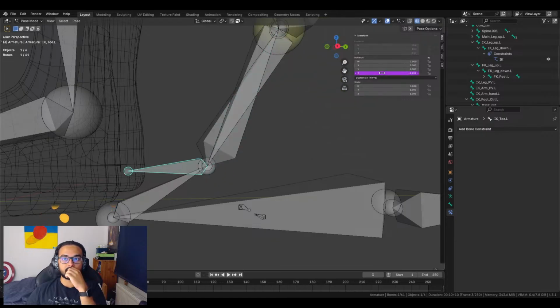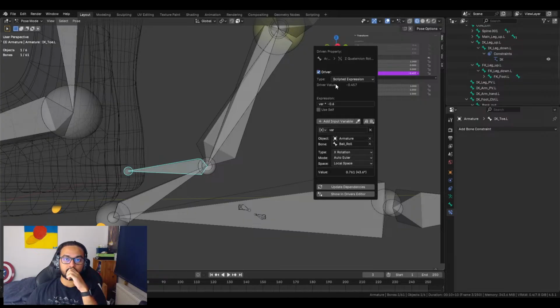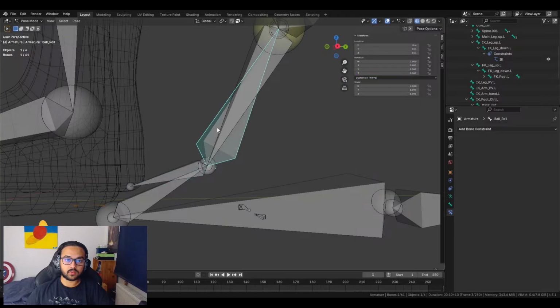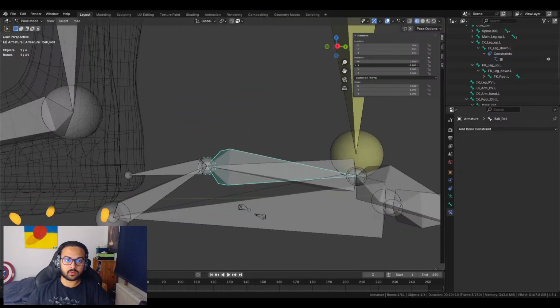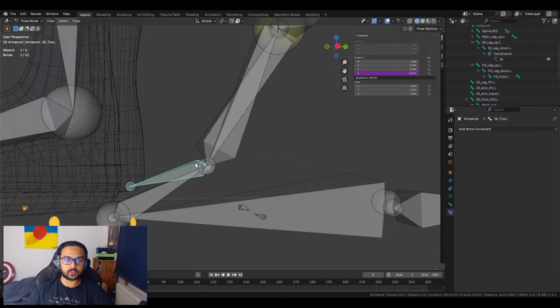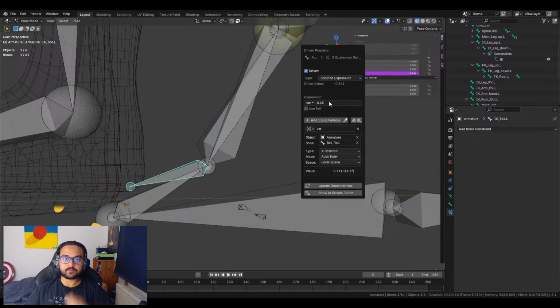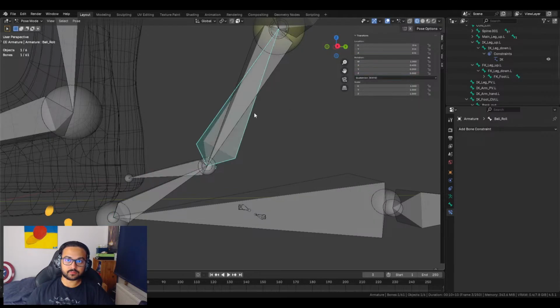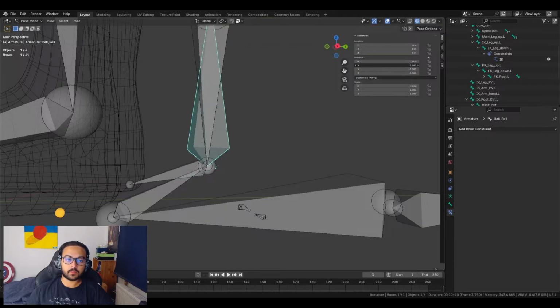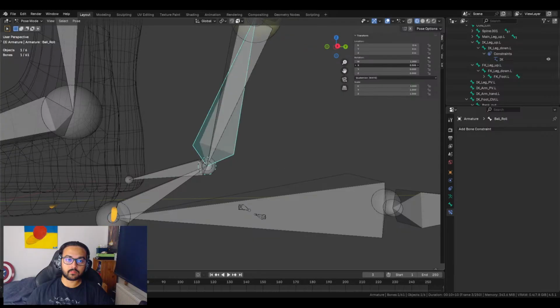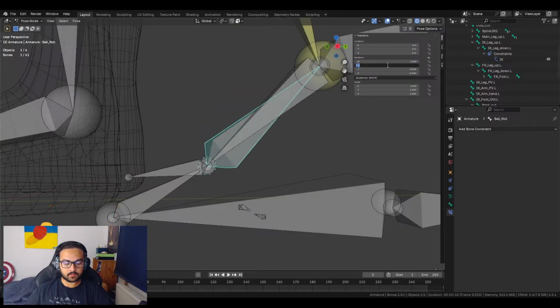I can put it like this, and I just want to edit driver that way. 6. 4, 5. Let's see. Okay. Three. So